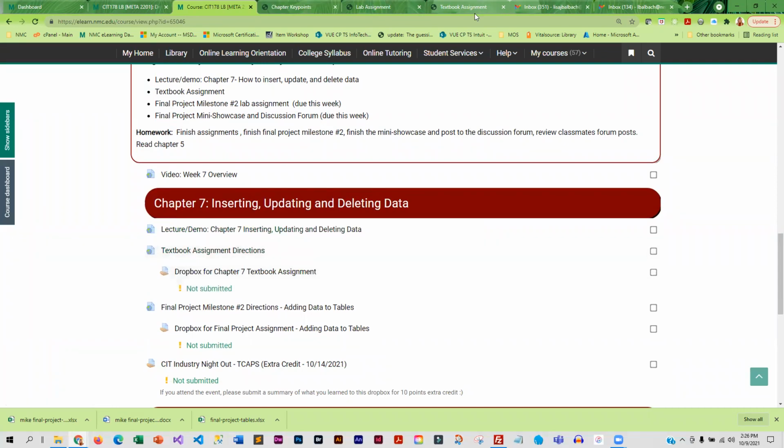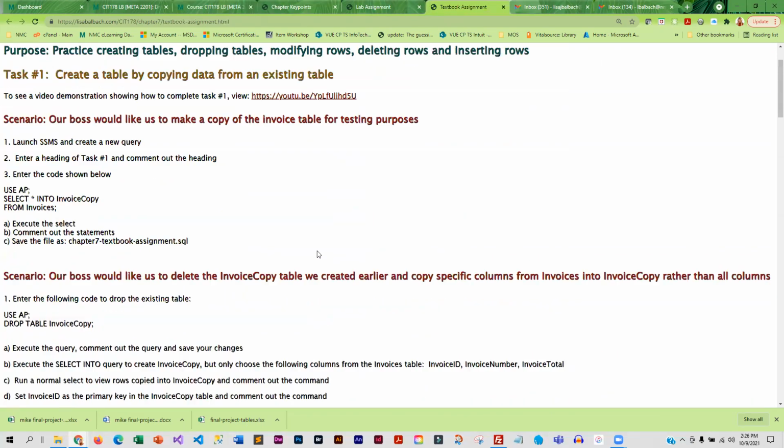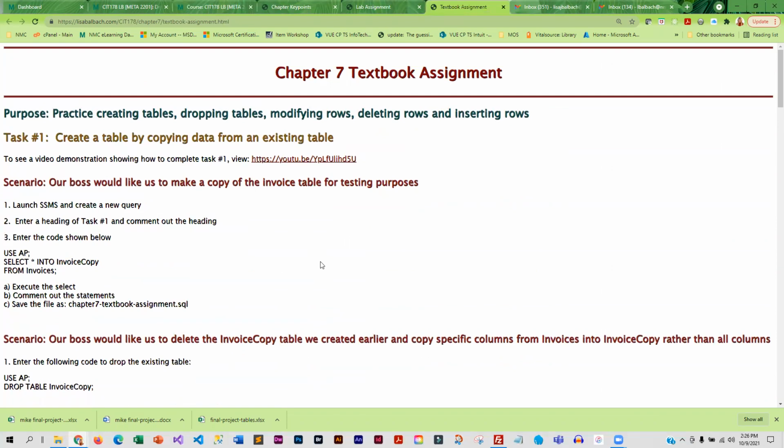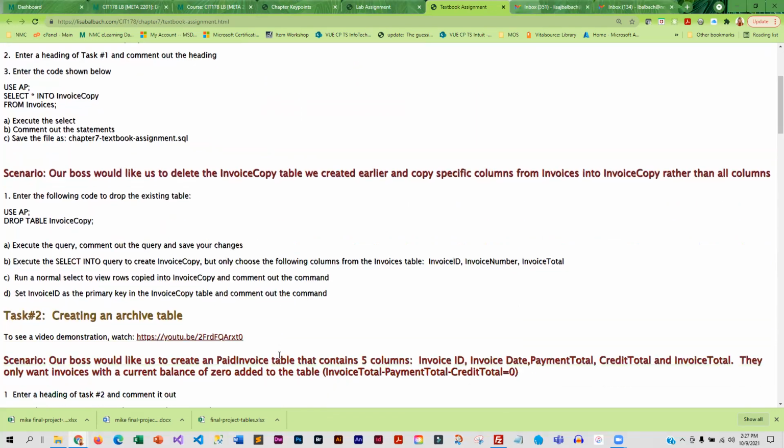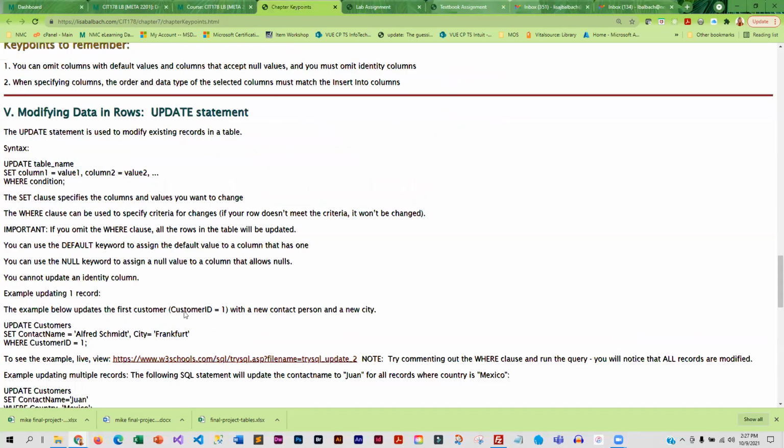The textbook assignment is more directive in telling you the different commands that I want you to learn. And so there are multiple tasks. The first one is going to create a table by copying data. This is actually a pretty awesome command because you don't have to retype all of the rows. So it saves you all sorts of time typing. But I've got the commands that you need to execute, the scenarios, and videos showing you how to do everything. Then when you're done with that,